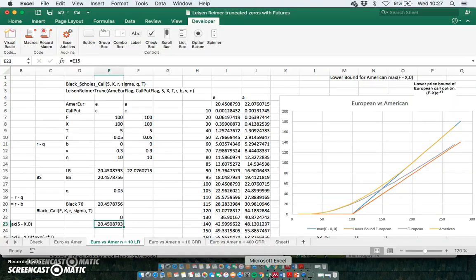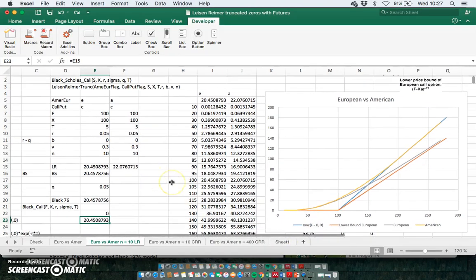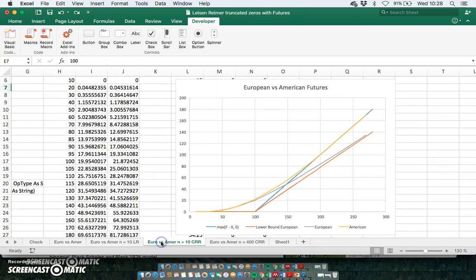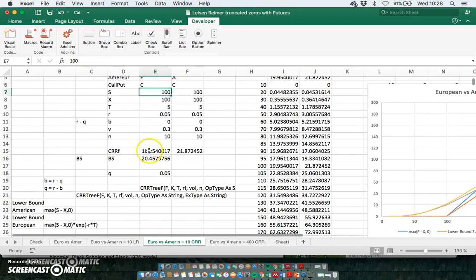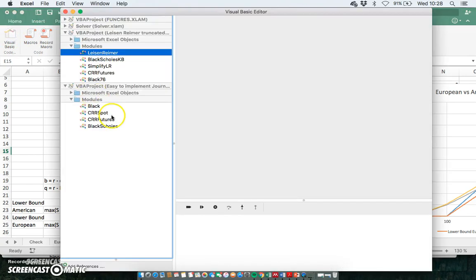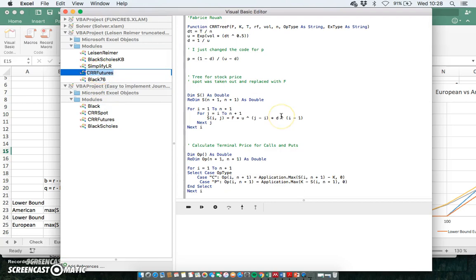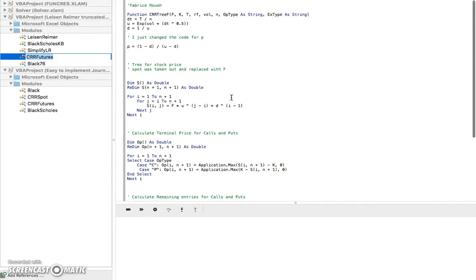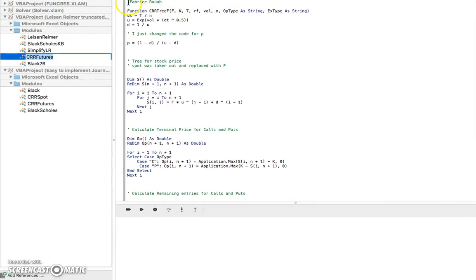If we go back into our Excel spreadsheet for a moment, another thing we would like to point out is we could have done the same with Cox-Ross-Rubinstein. If I substitute in here, instead of Leisen-Reimer, I could have put in a Cox-Ross-Rubinstein set of code, which I've done here. So let's take a look at that Cox-Ross-Rubinstein code. That's code that I had developed from Fabrice Roy from the Volupta page, and